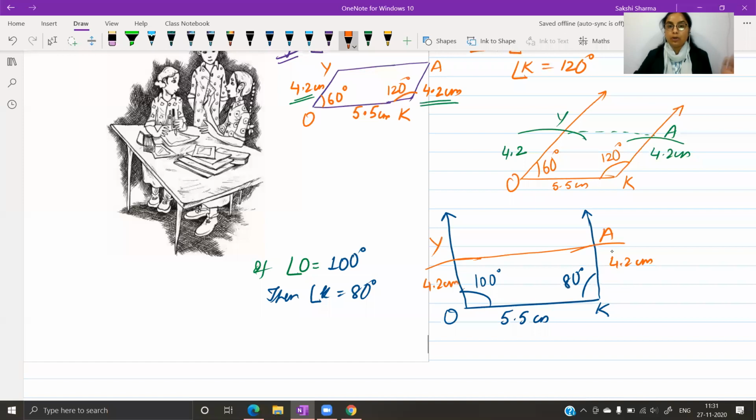With the same set of sides, we have obtained another parallelogram, but they look completely different. Only the sides are matching. This is what the word unique stands for. When we wrote in the beginning that to construct a unique quadrilateral we need a minimum of 5 elements out of the 10 elements that a quadrilateral can have. I hope it's clear why that word was used and what is the importance of that word.